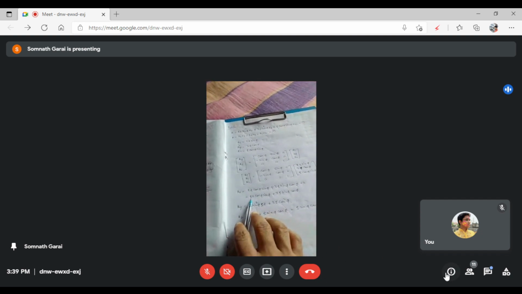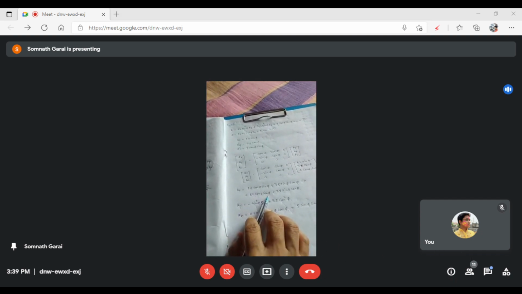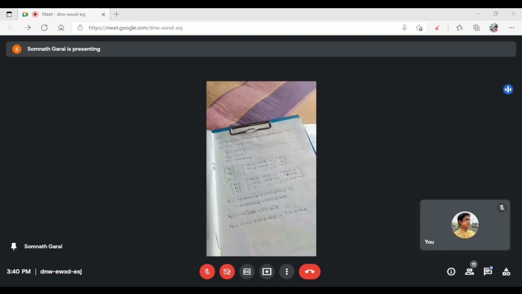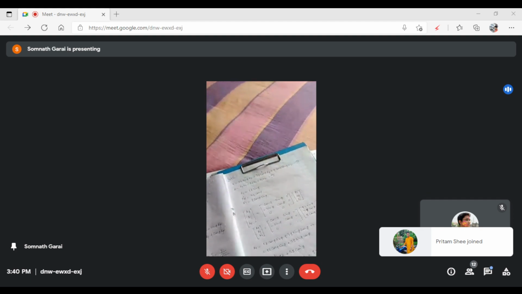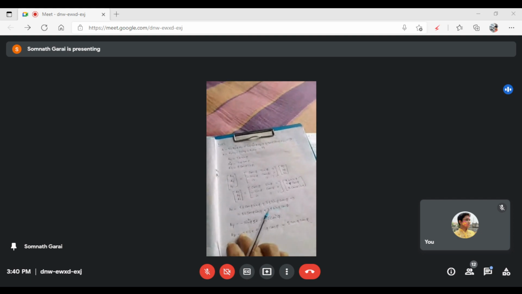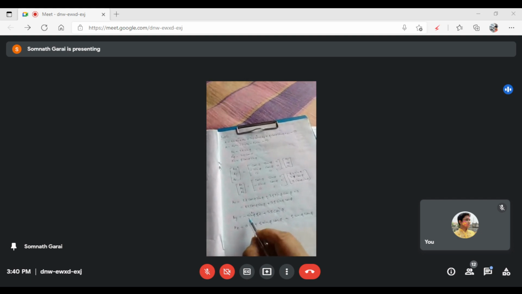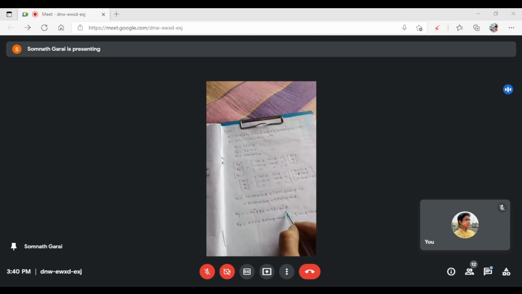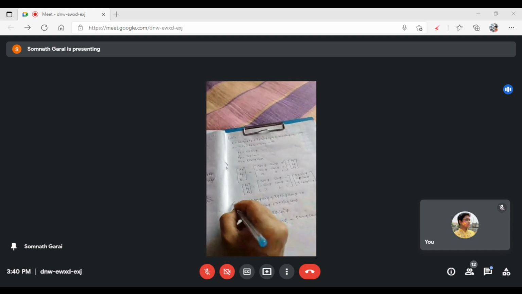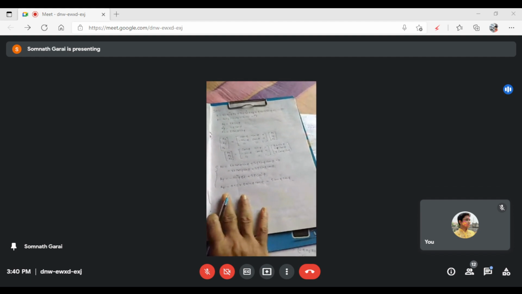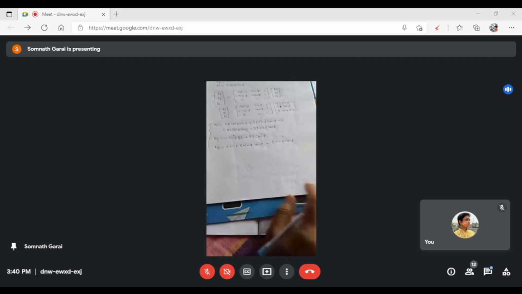So these are the three vector Cartesian components. Ax is equal to rho z cos phi sin phi plus 3 rho sin phi cos phi, and ay is equal to minus rho z sin square phi plus 3 rho cos square phi, and az is equal to rho sin phi cos phi. Clear to all? These three components clear? Okay.